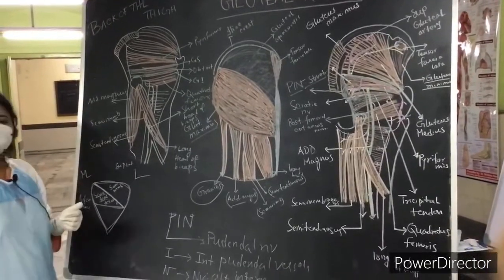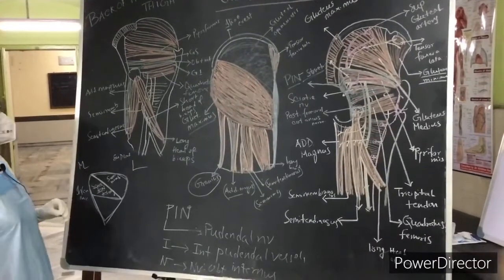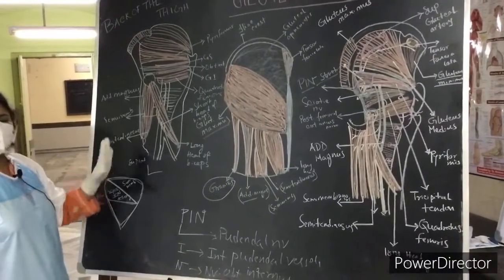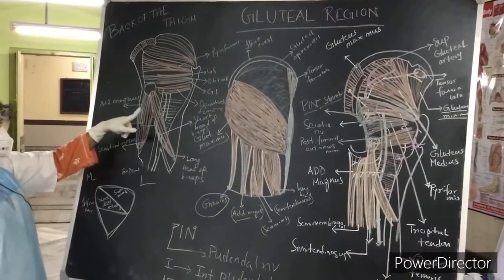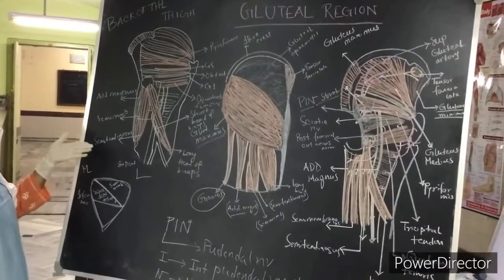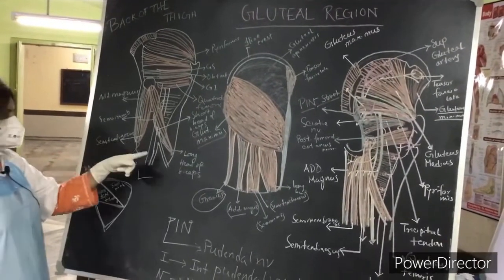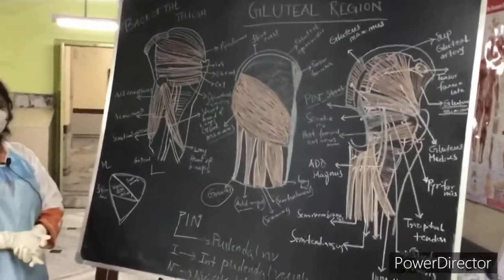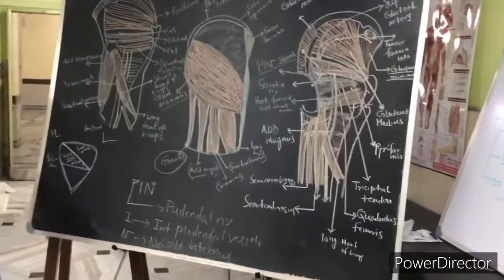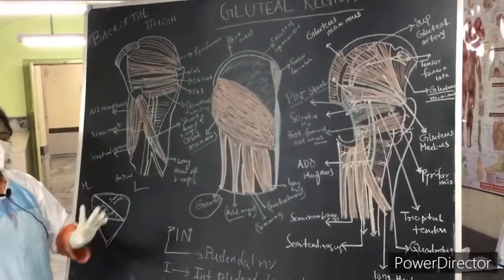And the next criterion is that they are primarily flexors of the knee joint and extensors of the hip joint. So if these 4 criteria are fulfilled, then those muscles are hamstring muscles. But among these muscles, that is semitendinosus, semimembranosus, the long head of biceps and adductor magnus, only 2 muscles fulfil all 4 criteria of the hamstring muscle. Those are semimembranosus and semitendinosus. So those are the true hamstring muscles, and the modified hamstrings are adductor magnus and the long head of the biceps femoris.